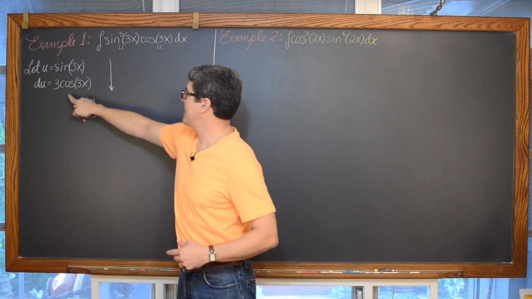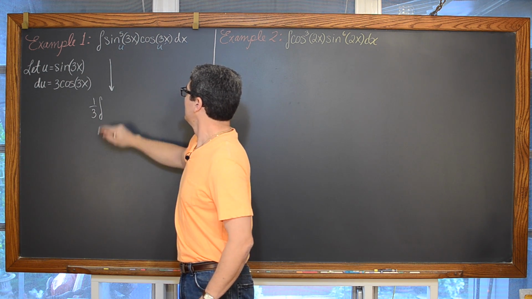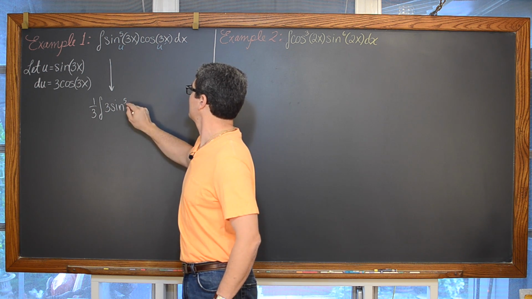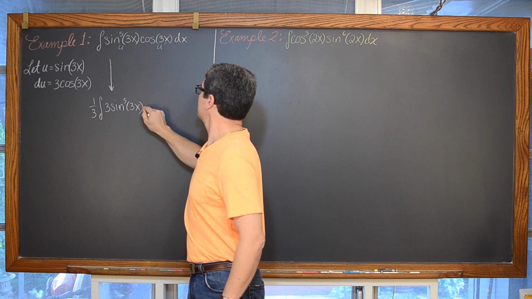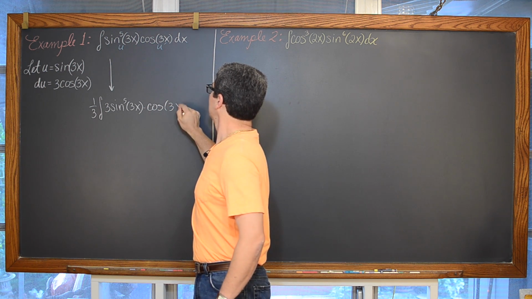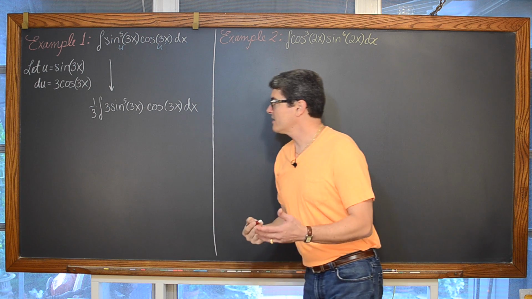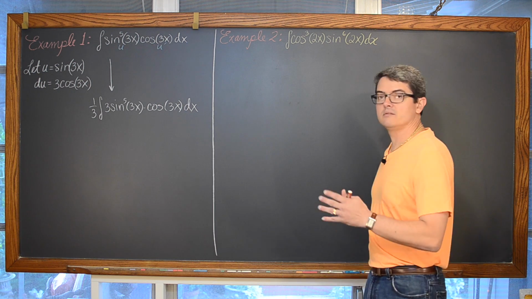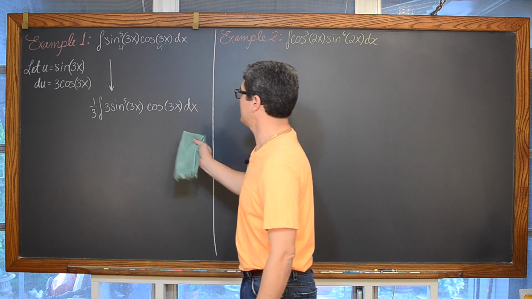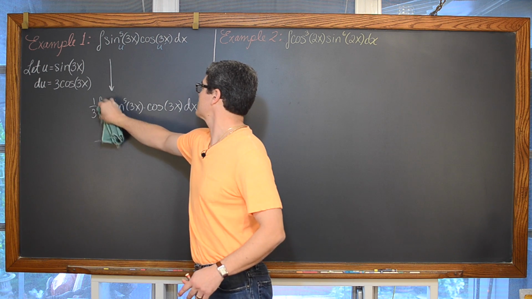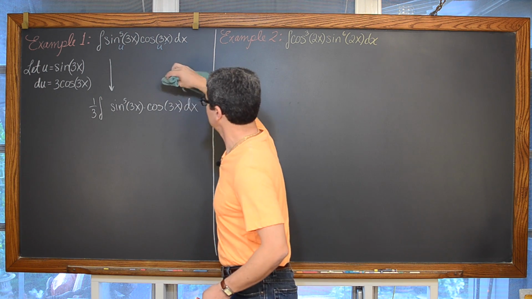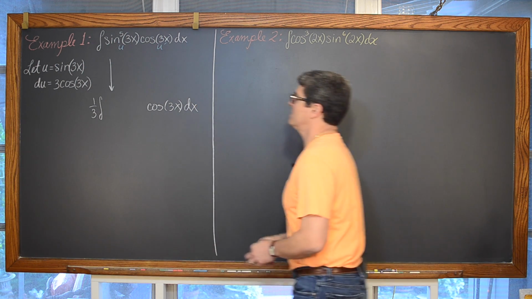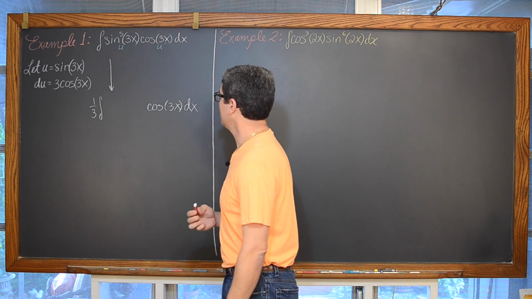And we get 1/3, to balance out the multiplication of 3 I'm going to put in here, of 3 times the sine of 3x to the 5th power times the cosine of 3x dx. And now that I've written that, if you really want to make that du factor or that u prime factor stand out, I'm going to generally tend to put the 3 first in my notes, but you could keep that with the cosine to make the du or u prime factor in your integrand stand out even more.